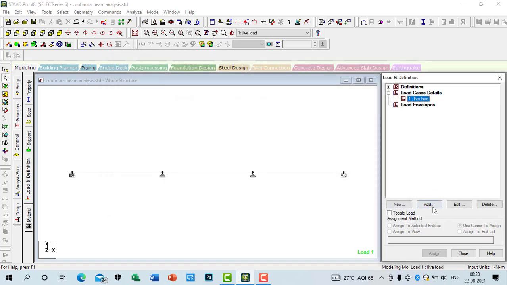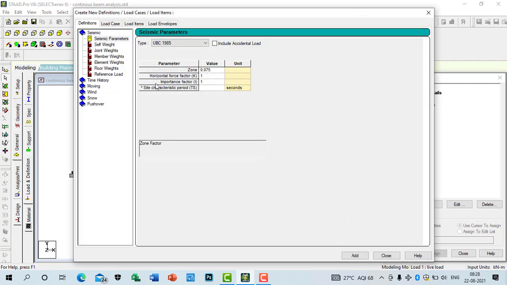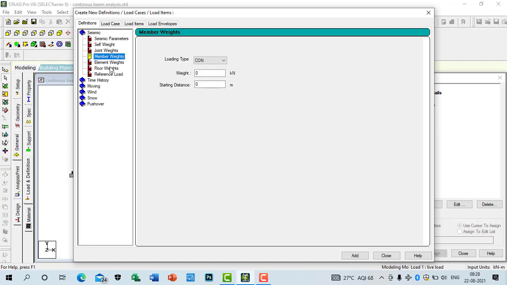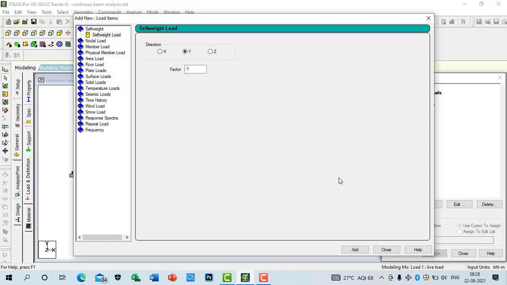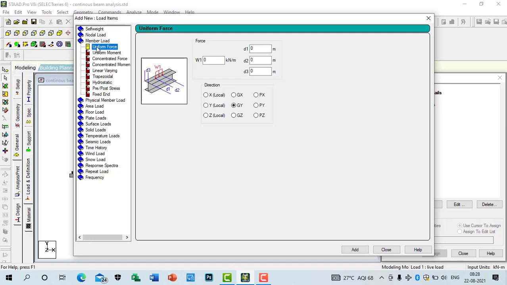Then in live load, we'll add the new loads, because we are applying the member loads.